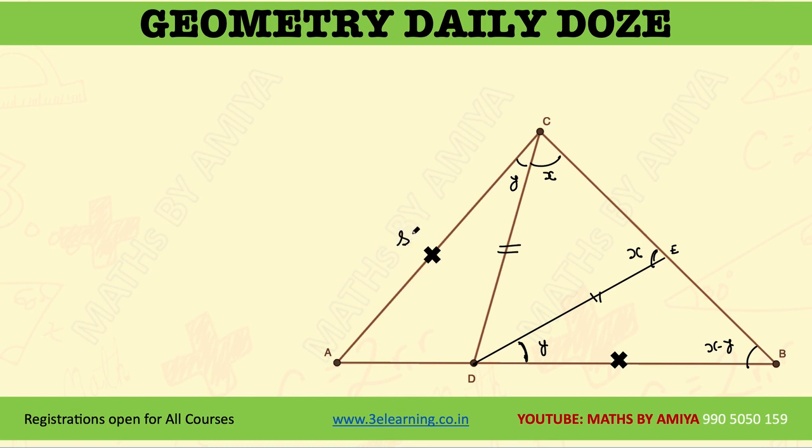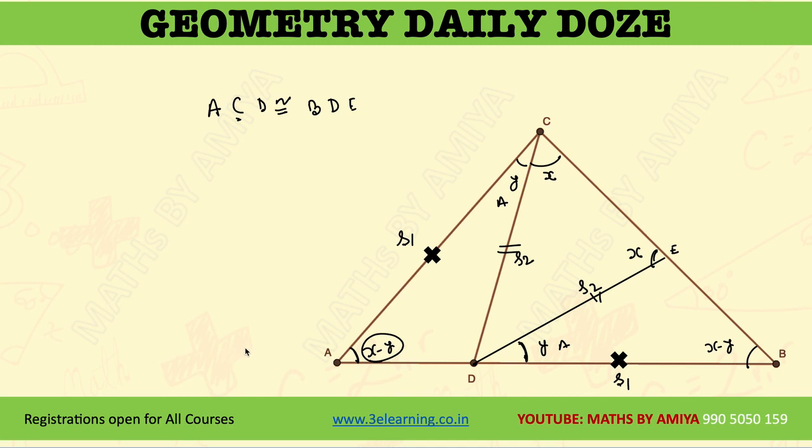Now check, say this one is S1, this one is S1, this one is S2, that is the CD line is S2, and this one is the angle. So we can say by the side-angle-side property, ACD is congruent to BDE, where the angle is D here, the angle is C, and AC is equal to BD. So we have congruency. So the corresponding angle to S2 is X minus Y. So this one is the proof of this question.